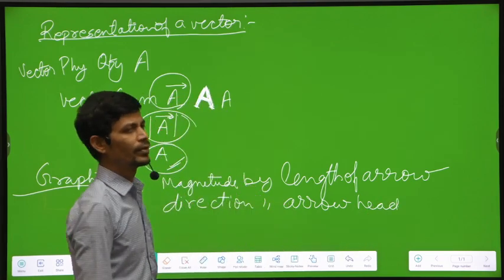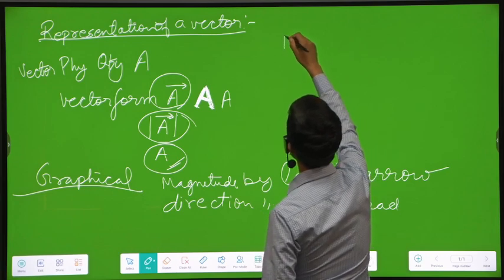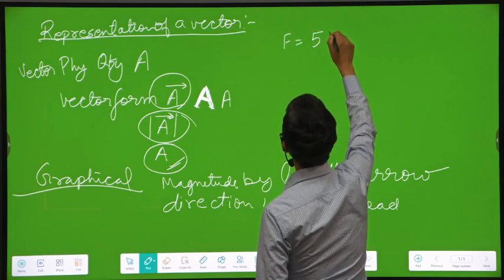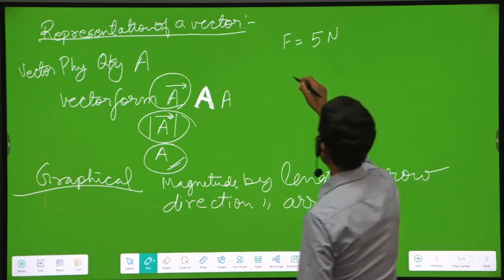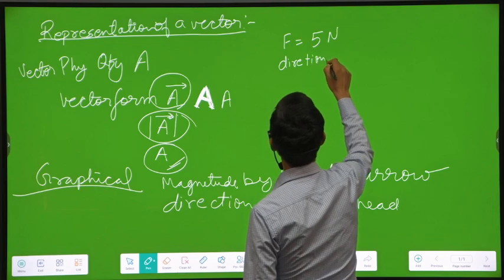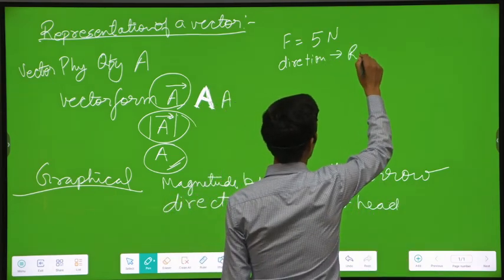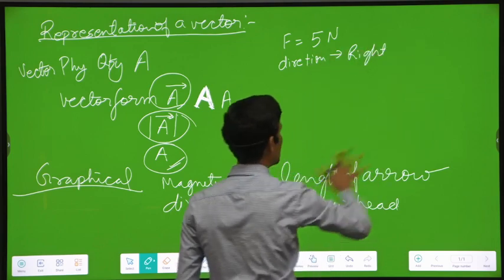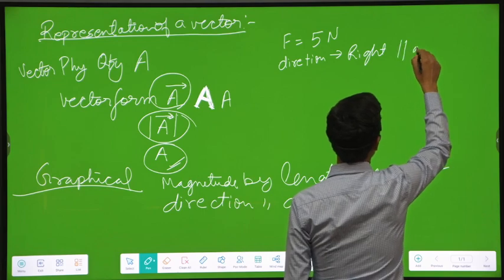So if I have a force of 5 Newton and its direction is toward the right according to this plane and parallel to the ground,